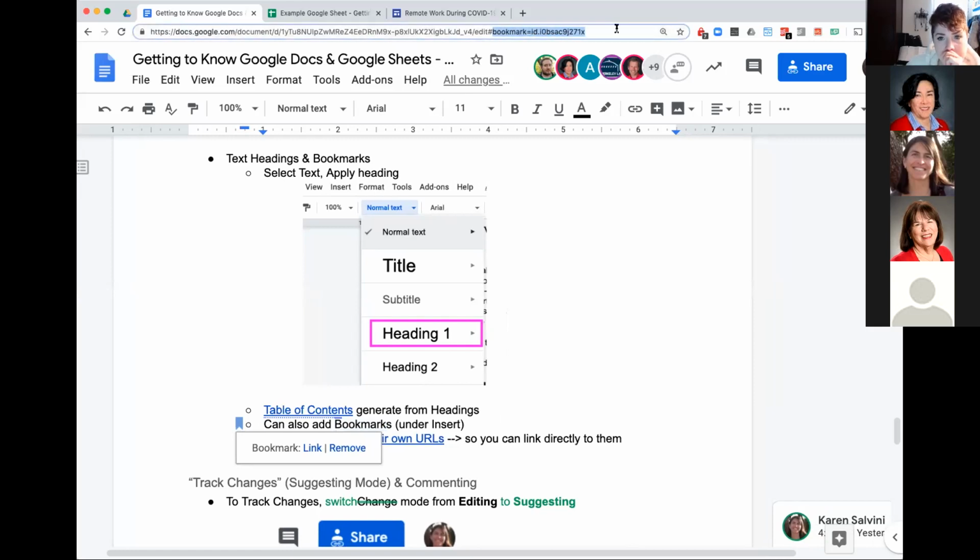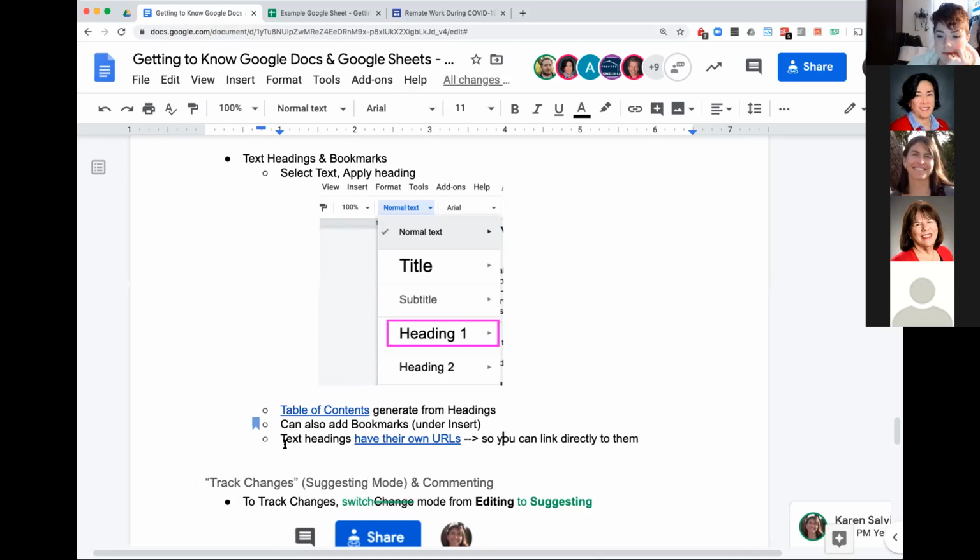So it's a similar thing, but bookmarks are just kind of under the radar. They don't show up in your table of contents, and they don't show up in this sidebar. It's really more for you, if you want to link to a particular place in the document without elevating it to the level of the heading. Gotcha. So that you don't have to have the header look and feel if you use the bookmark. Right. It won't show up in your table of contents, but it gives you an opportunity to cross-link through your document without having it be a heading.